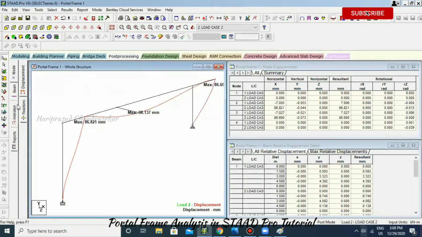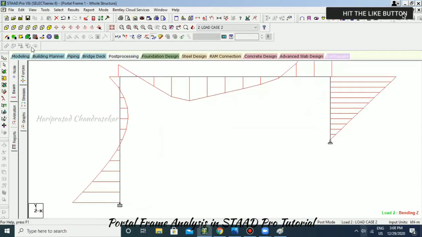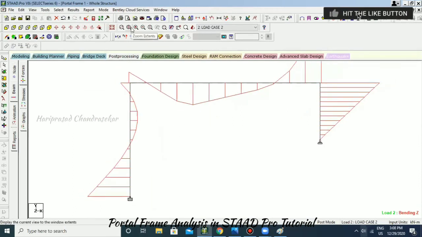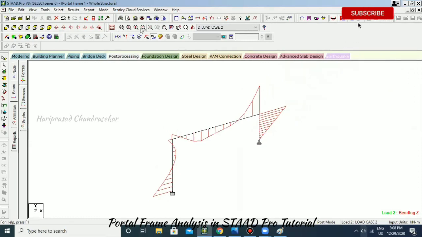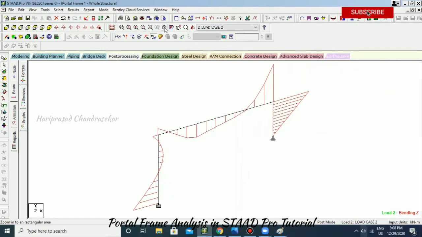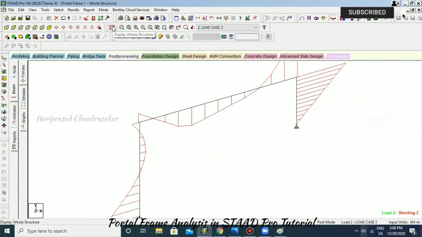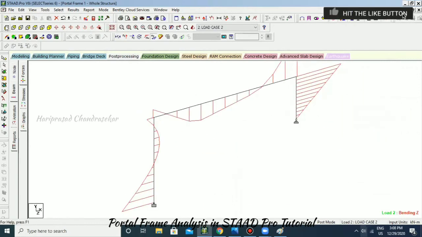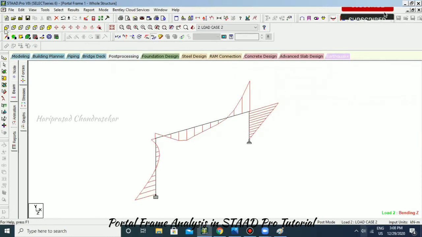Okay, and then I'm going for beam moment. So this is the bending moment. Here you can choose this option, zoom extent. Even you can reduce the zoom or increase the zoom. This one is for zoom window. You also have this one, which is for fit display whole structure. It is displaying only the structure, so it won't consider the graphical representations. So you can reduce the zoom in that case.